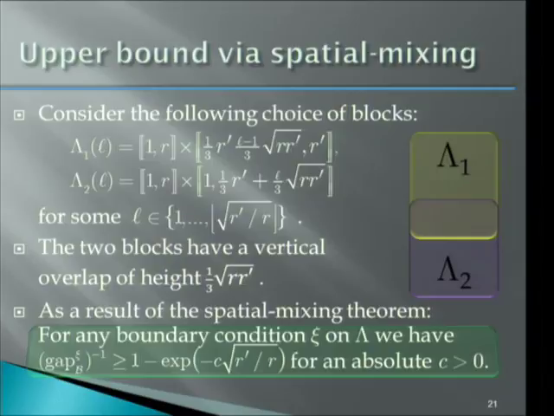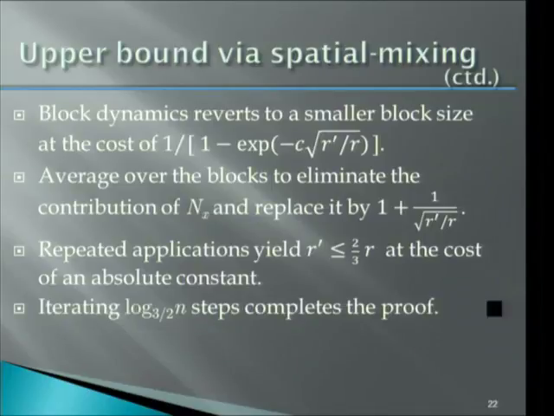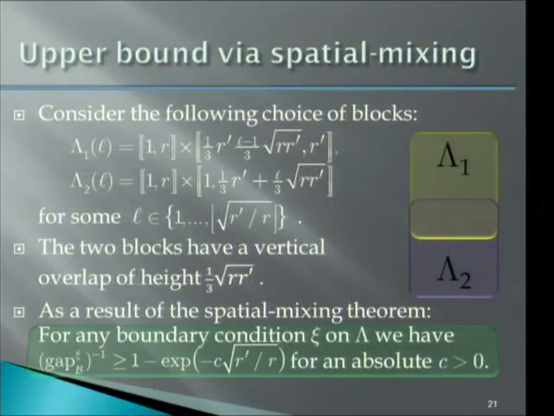The main term to bound is the gap of the dynamics itself. What does the dynamics itself do? Well, you take lambda 1 at some point and update it at once. And then you choose lambda 2 and update it, and vice versa. Sometimes you'll update one of these twice in a row, and so on. Our strong spatial mixing argument says that